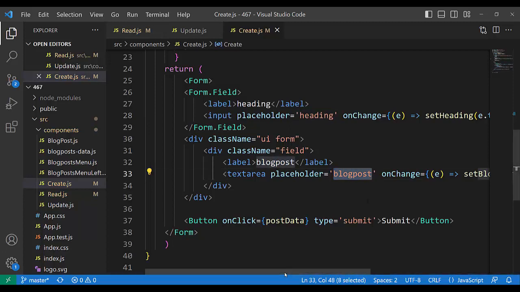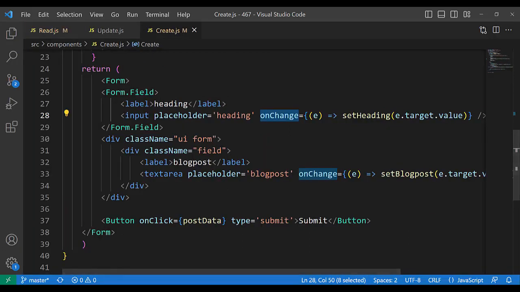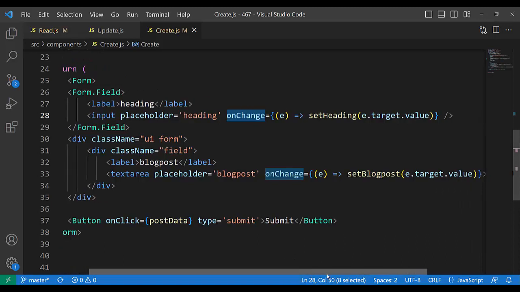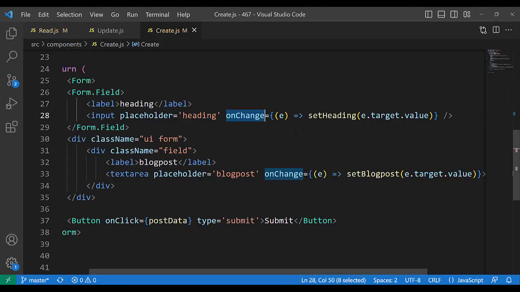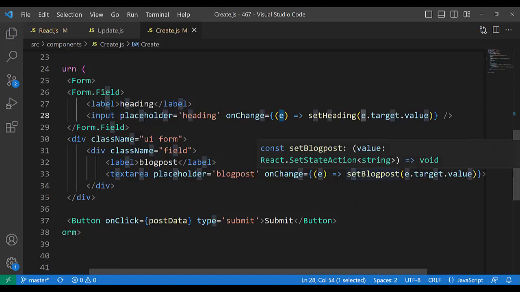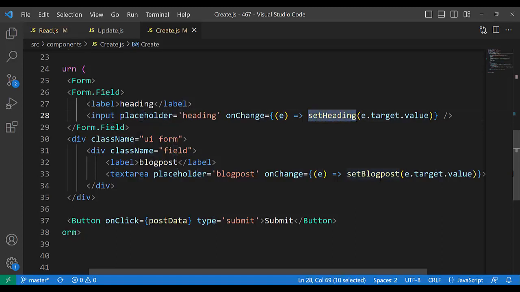But look, I didn't speak about this input and this text area. Like properties, the input element, the input object, has an onChange event, and that onChange is equal to an arrow function with a parameter e, short for event, and in the body there is setHeading,